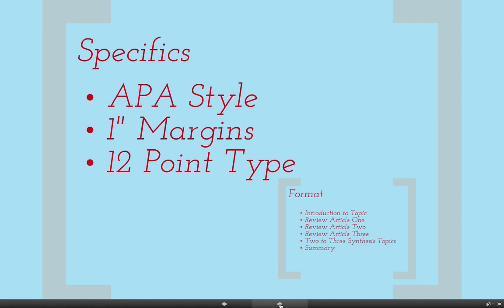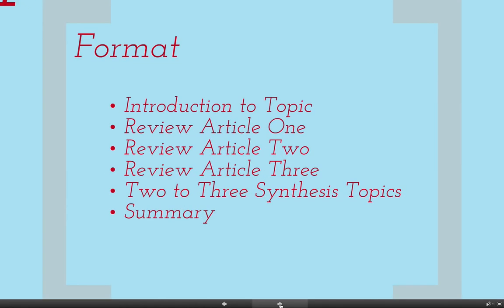A little more about specifics. We're going to use APA style. If you don't know what that is, look it up, and you're going to learn a lot about APA style. And as far as general specifics, 1-inch margins, 12-point type, and that comes out to probably 7 to 8 pages,